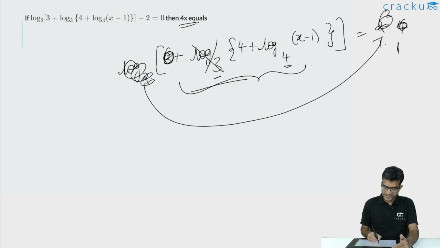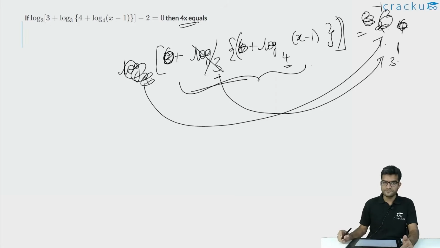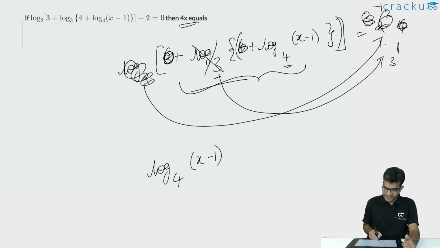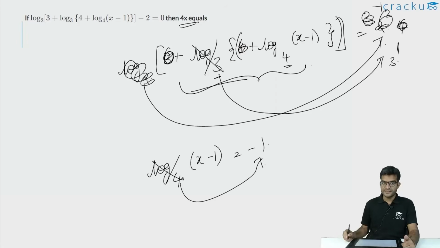If you are now removing this logarithm and transferring 3 to the other side, the right hand side becomes equal to 3 to the power 1, which is equal to 3. Now we will subtract 4 from both sides because now we have 4 plus this. So if you are subtracting 4, this becomes equal to minus 1. Just to write it in a new line, we have log to the base 4 of x minus 1 is equal to minus 1. Now if you are removing the outermost logarithm and transferring 4 to the other side, the right hand side becomes equal to 4 to the power minus 1, which is equal to 1 by 4.